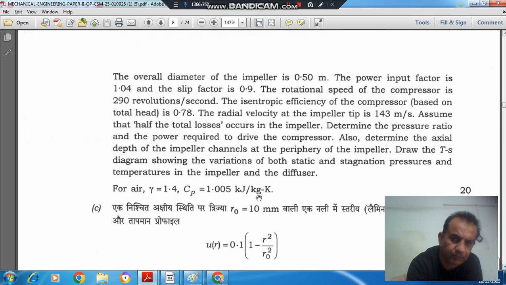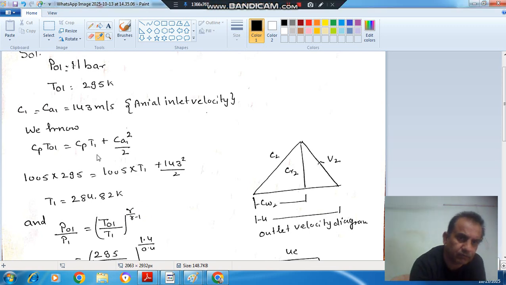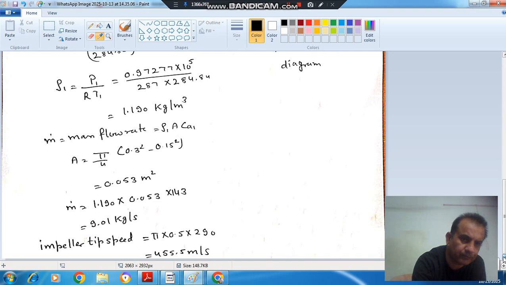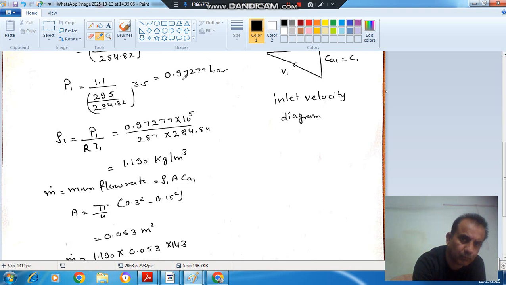So this was the question, and we started from the inlet stagnation pressure, that is 1.1 bar, and stagnation temperature 295 Kelvin. From this we found out the static temperature, that came out as 284.82, and using the isentropic relation we found out the static pressure. The static pressure comes out as 0.9777 bar at the inlet, and then we found out the density using the state equation, and then found out the mass